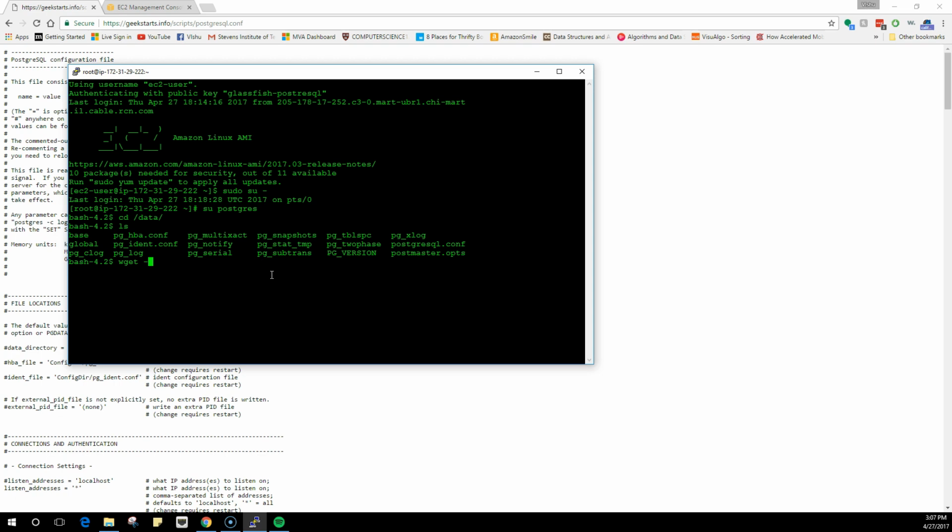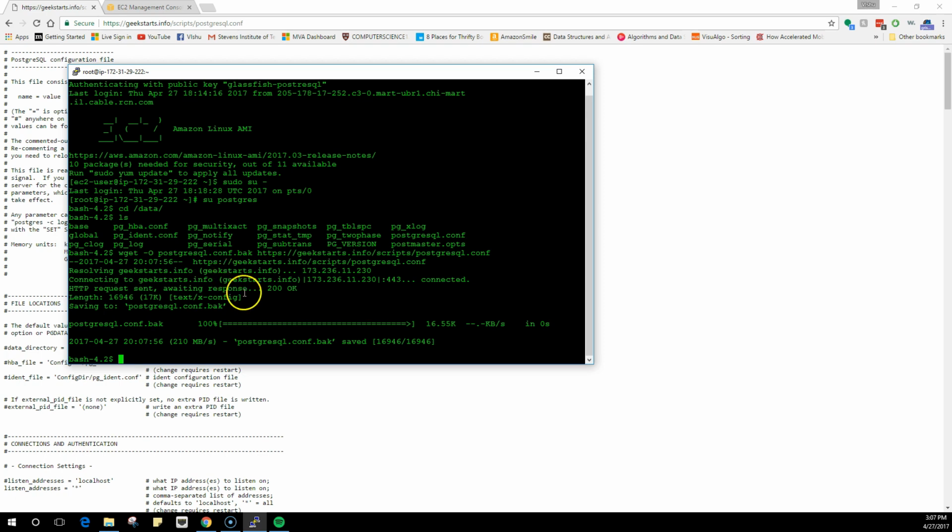So I'll do wget minus capital O, which is like override, and name this postgresql.conf.bak, which stands for backup, and paste the link. This says go to this link, download this file, and save it as postgresql.conf.bak. Once I do this, you will see that it has been saved.